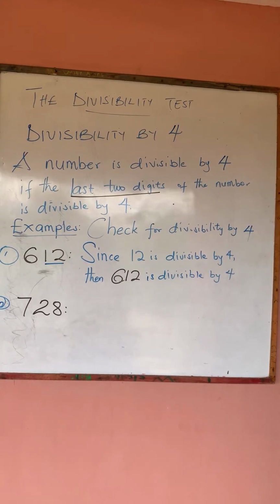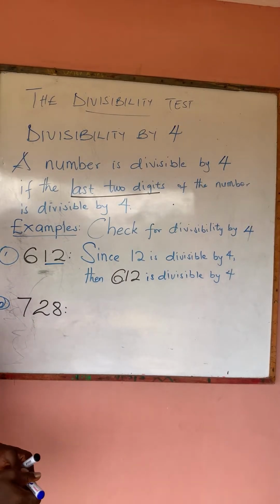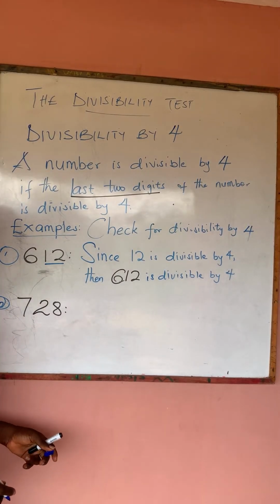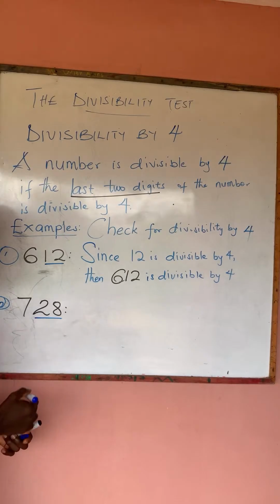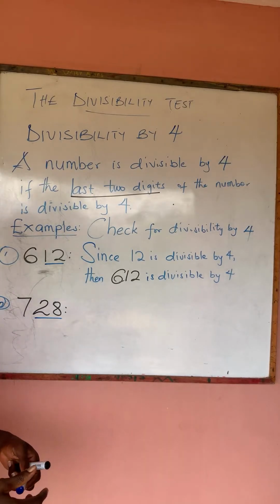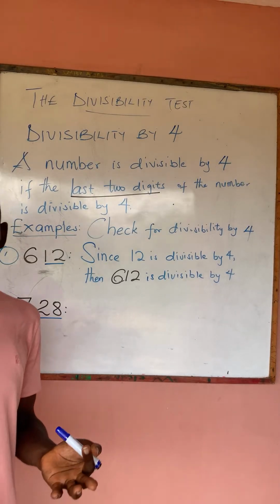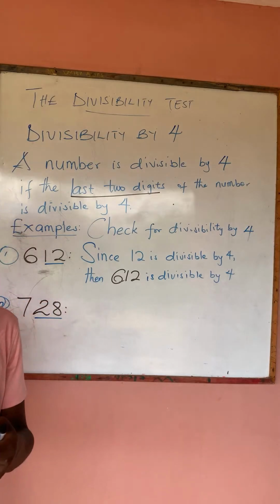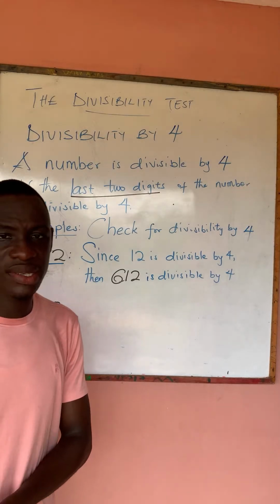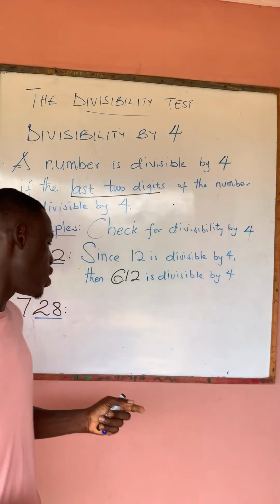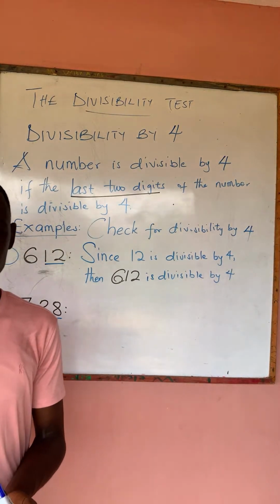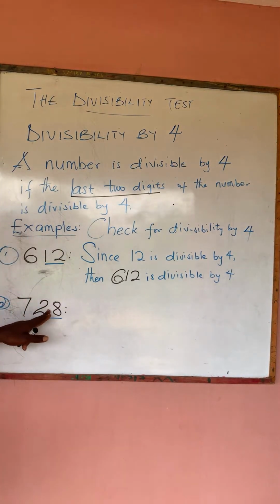So let's get to the solution. We will check the last two digits of the number, and that is 28. So we ask ourselves, is 28 divisible by 4? And we can see that yes, it is divisible by 4 because 4 times 7 is equal to 28. Therefore, 4 will divide 28 seven times. Okay. So since 28 is divisible by 4, then our conclusion is going to be that